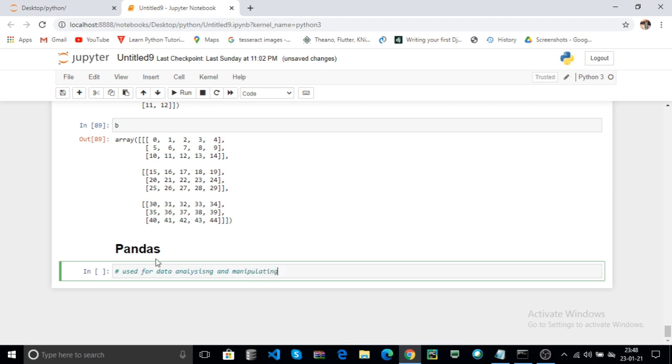Pandas is one tool used to analyze and manipulate your data set. Pandas is used for data science.